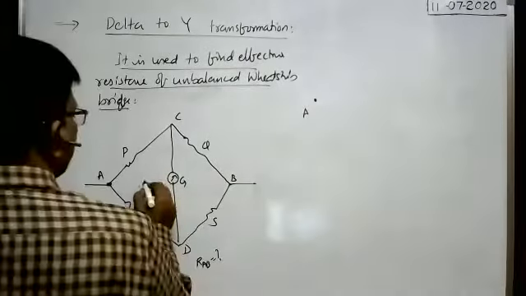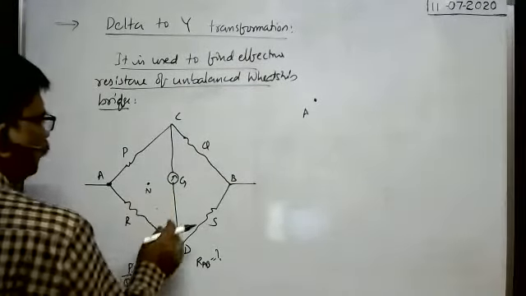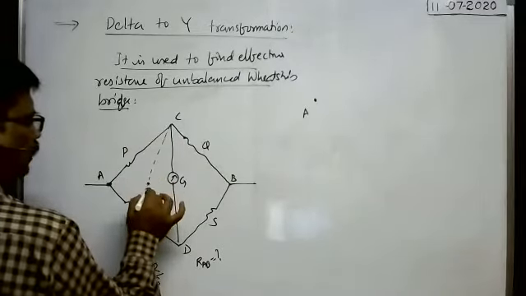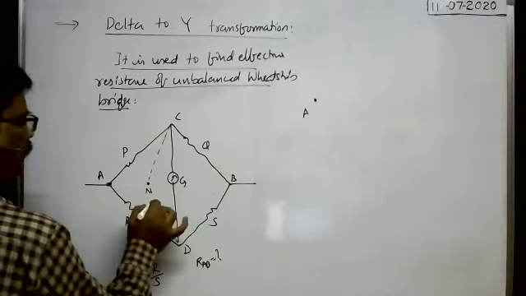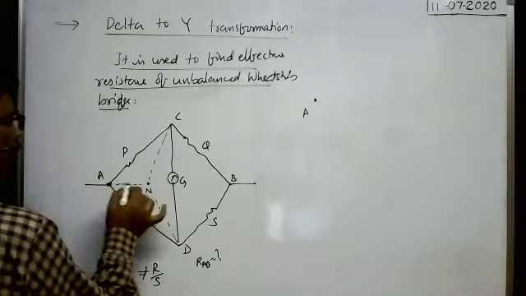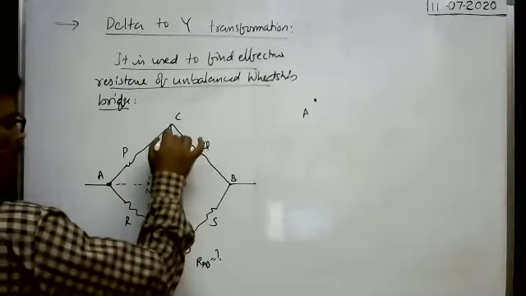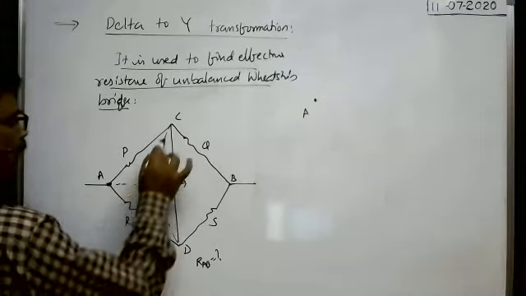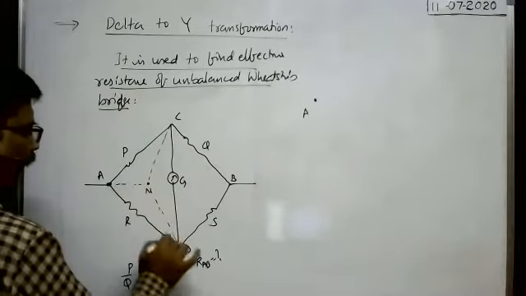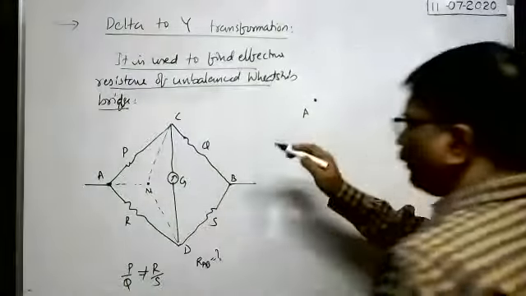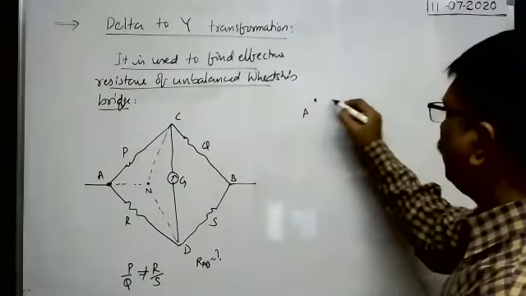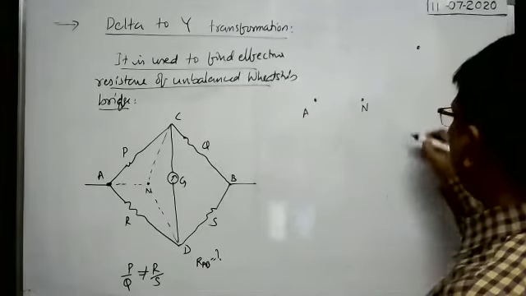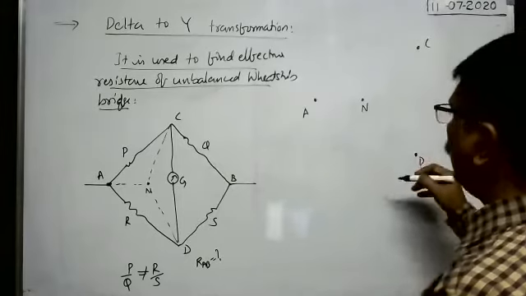Now here just you choose a point N. We can imagine in between C and N, one resistance is there. In between N and D, one more resistance is there. In between A and N, one more resistance here. The three resistances which are arranged in the form of delta are similar to three resistances connected between AN, NC and ND. How? Can you see? Same diagram we draw here like this. Here you choose a point N, and C and D are here. Of course, B is here.